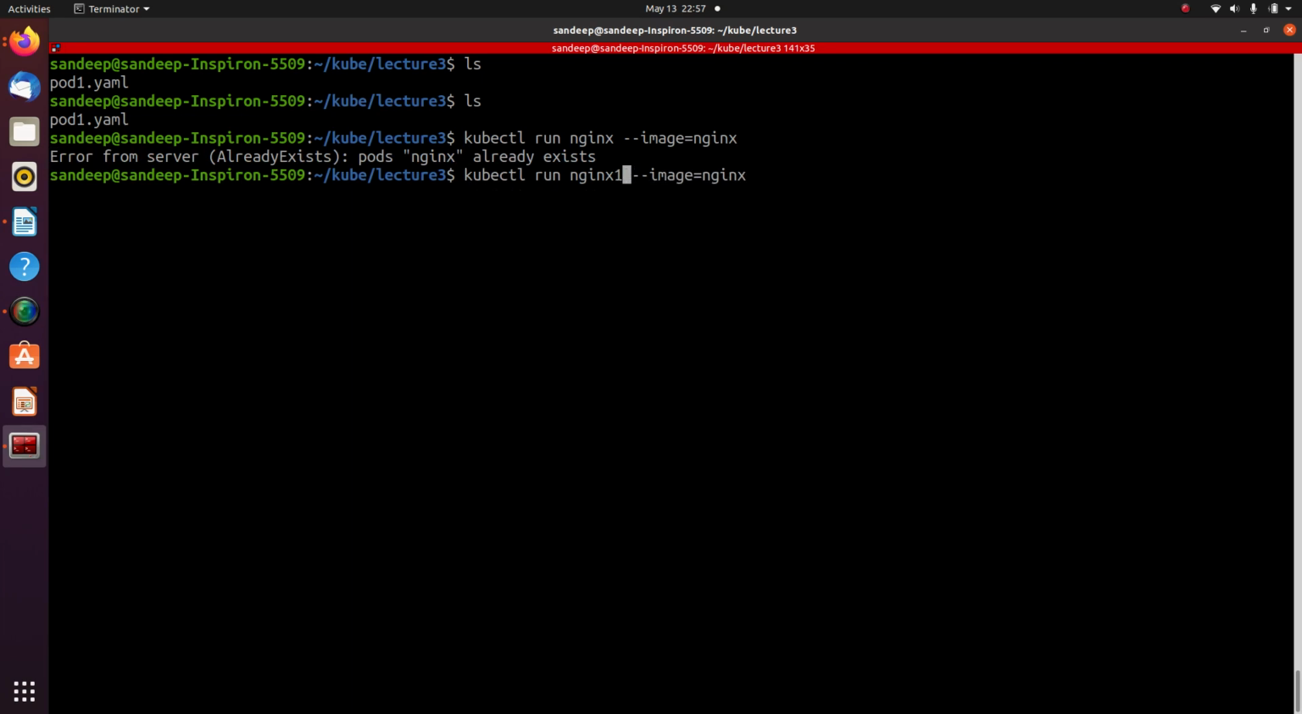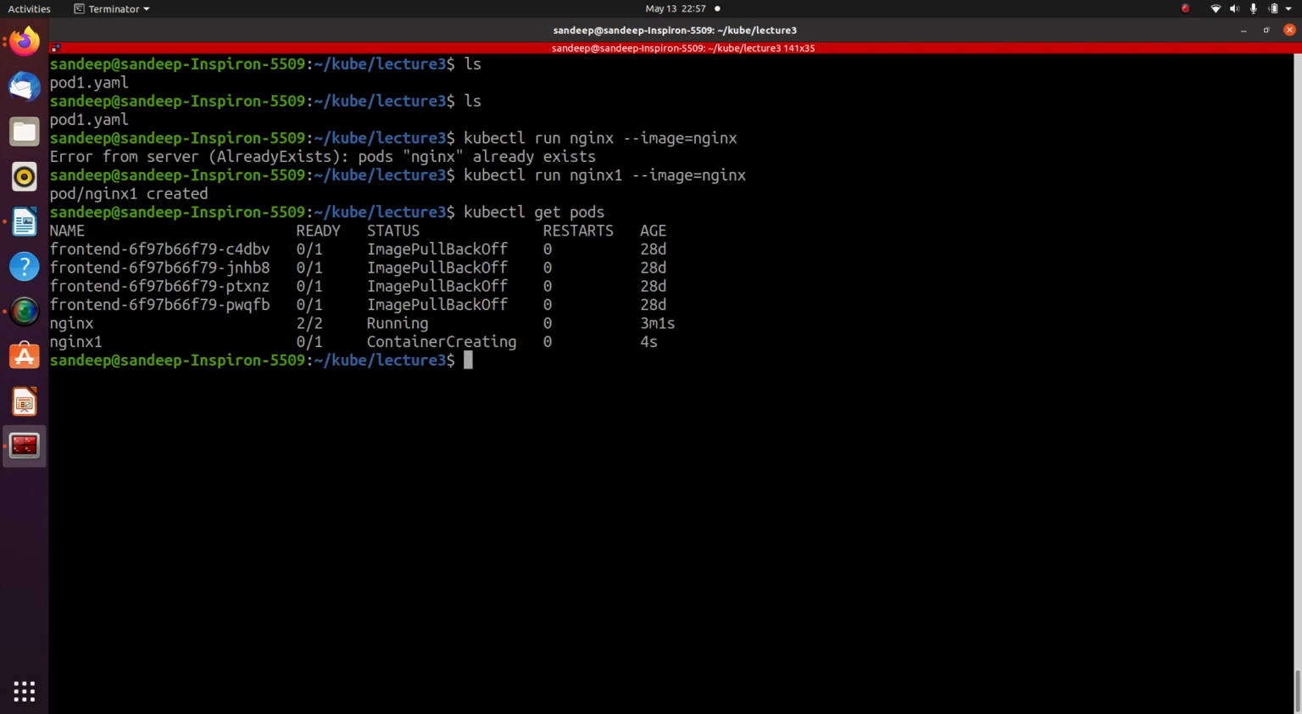So right now if I do kubectl get pods, you will see that we have two pods, and this one is in creating state. So this is another way in which you can create a pod. For deleting a pod, you have already seen that there is a delete command to delete a pod. Apart from this, if you want to edit any pod for any information,